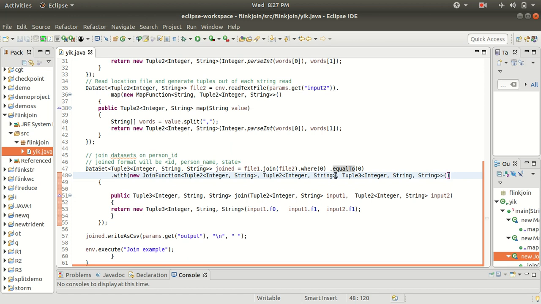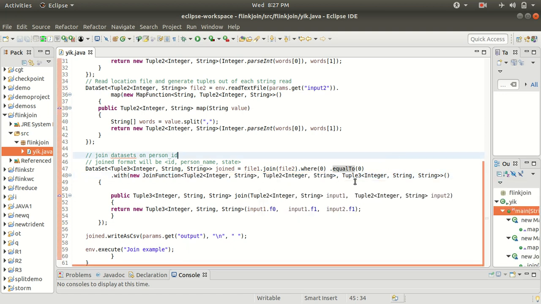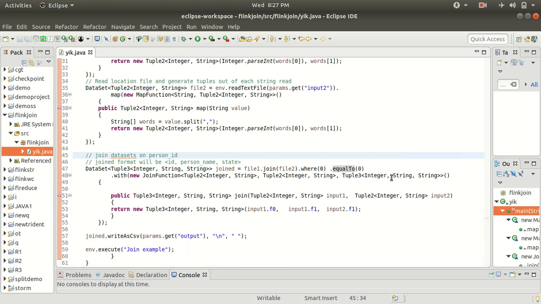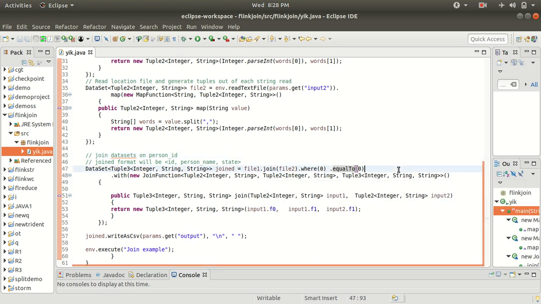These are my two input files, which I've already specified in the upper part of the program, Tuple2 of integer, string, and Tuple2 of integer, string, and in which manner we expect the answer: Tuple3. If you don't write this, we may not get the expected answer. If you want the answer in a specific format, you need to specify Tuple3 explicitly here, otherwise you may end up with a Tuple2 answer.